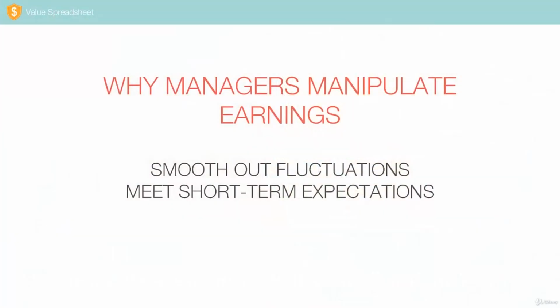So why do managers manipulate earnings in the first place? Well, when earnings fluctuate, many investors get scared and start running towards the exit, pushing the stock price down. If management wants to avoid this, they can manipulate their reported earnings to smooth out these fluctuations. Another reason is the enormous short-term performance pressure from stock analysts and investors, who might expect unreasonably high earnings growth quarter after quarter. To meet these expectations, management can fiddle with the accounting practices in order to inflate their earnings and make them look better than they actually are.